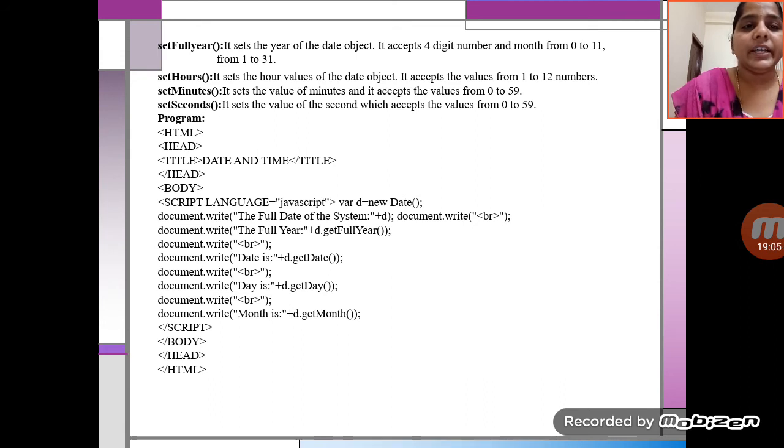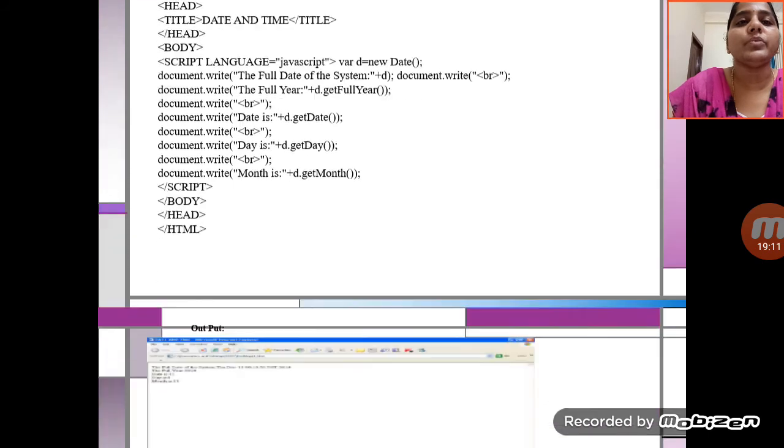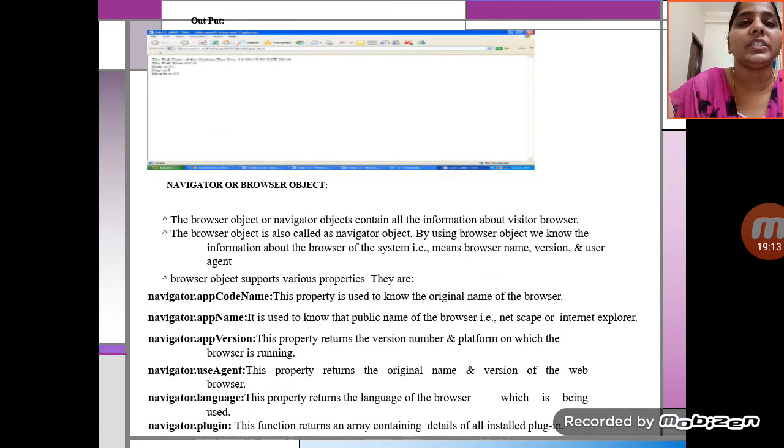Date is getDate, and then month is getMonth, like this. This is how to use date, month and year. This is an example for the date object. After that, this is an example for the above program. After that,